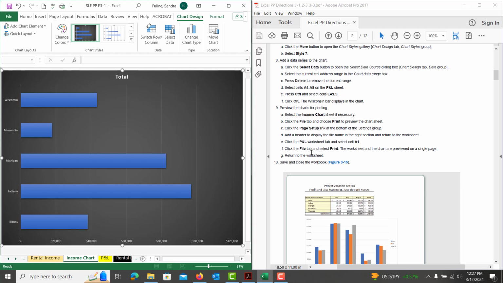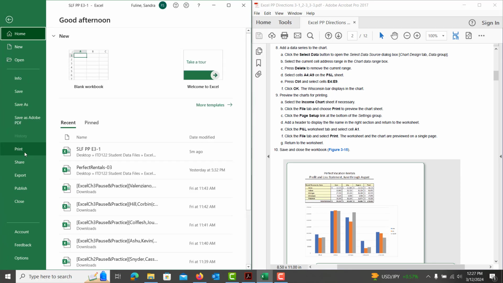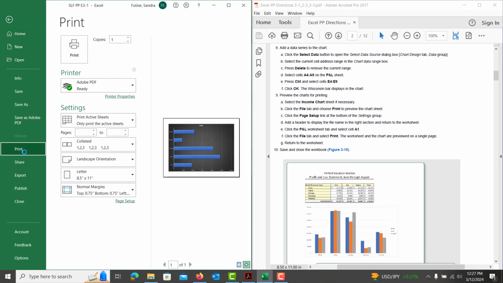On number 9, we're going to select the income chart sheet, which we're already on, and we're going to set up some print options for it. So we're going to go to the File tab and then go to Print, and then it's going to give us our print preview. We're going to click the Page Setup link,